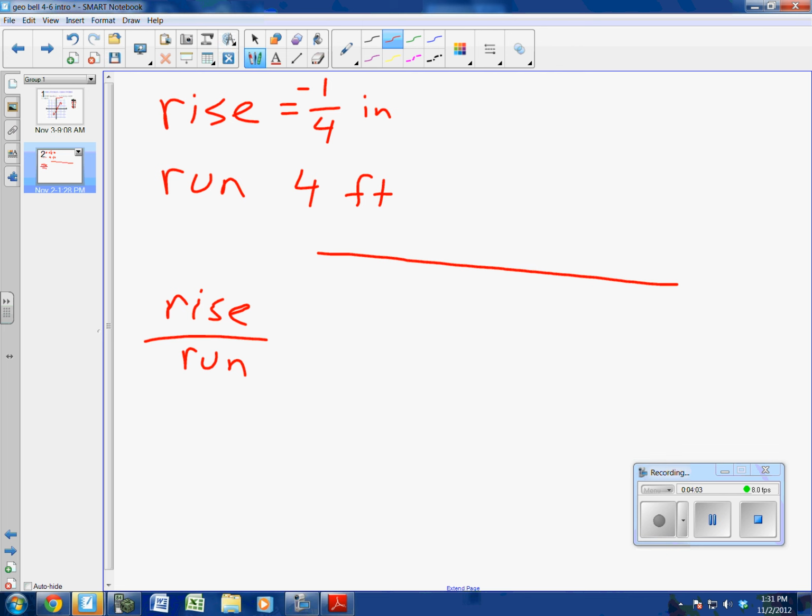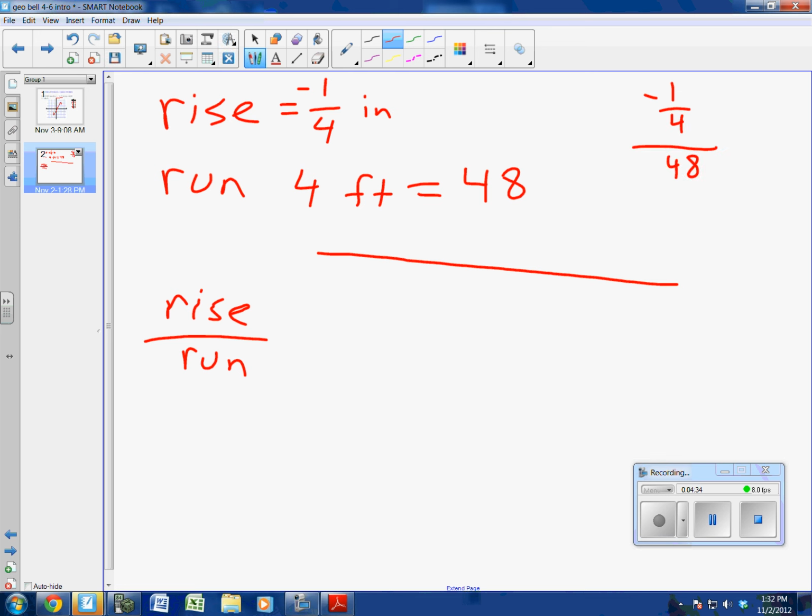So I'm going to change this 4 feet to inches. How many inches is that, you guys? How many? 48 inches, right? Because there's 12 inches in a foot. 4 times 12 is 48. All right, now we need to write rise over run. What is it? What's the rise? Okay, negative 1/4 over the run, which is